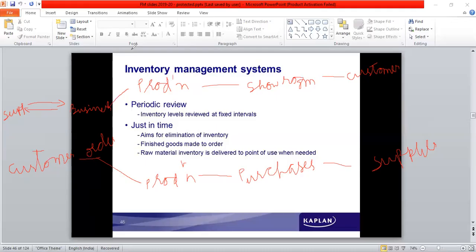So in the traditional method, they need to manage this inventory, store it in the stores department, and periodically verify how much material is consumed, and what is the balance available. But in case of just in time, they do not have to put in any effort to store the material, because everything is taken up just in time, right at the time. So they don't have to worry about or focus on storing the material. Storing the material in the stores department is not needed under JIT.